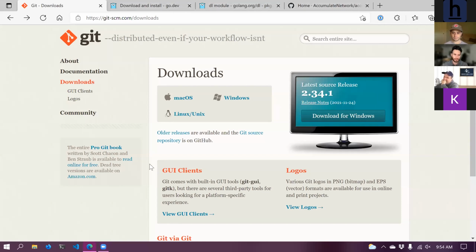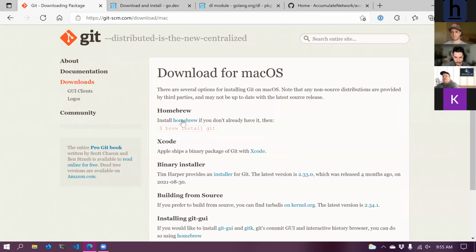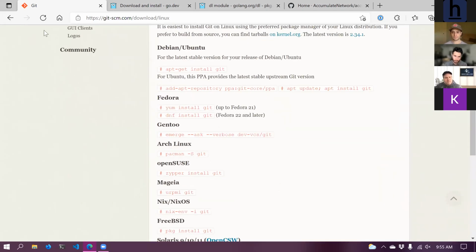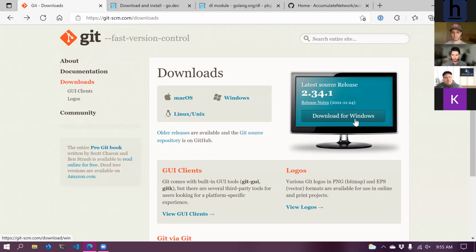All right, so the first order of business is the requirements for running Accumulate. The first one is Git, to clone and install the source code. The Git website has instructions for installing on all the main platforms. macOS usually comes with Git, but if you don't want Apple's version of it, then there's instructions here. For Linux, there's instructions for pretty much all of the different kinds of package managers. And for Windows, there's an MSI installer you can download. And then to build the source code, you need